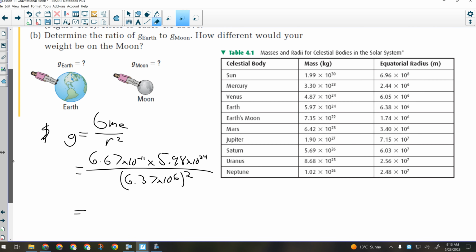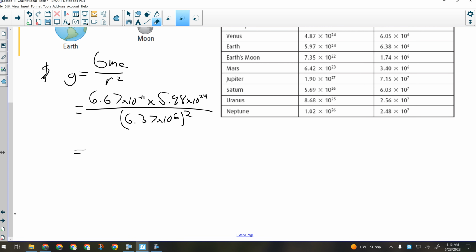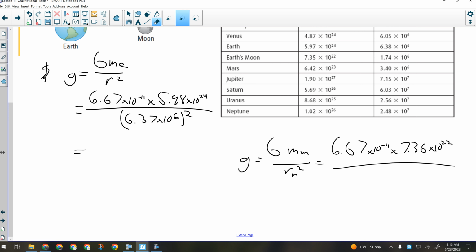All right, let's see if we can do that for the moon. If we want to calculate g on the moon, then we would need big G, the mass of the moon, and the radius of the moon squared. So we would have 6.67 times 10 to the minus 11 times 7.36 times 10 to the 22,